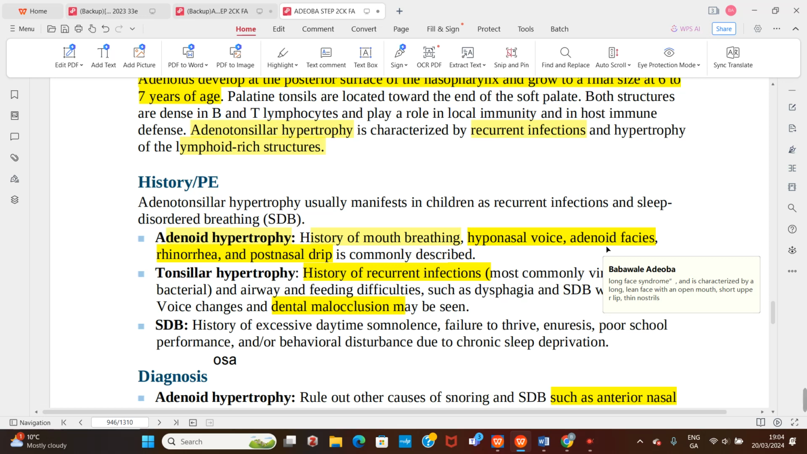So the same thing also happens for tonsillar hypertrophy, where they are very, very similar. Both of them will have history of recurrent infection. Tonsillar hypertrophy too can have problem with feeding and airway because the soft palate is just like the roof of the oral cavity, and that is where you have the tonsillar organ. So if it's enlarged, it means that it's very, very difficult for the individual to feed, and from there it can also extend into the airway, causing airway